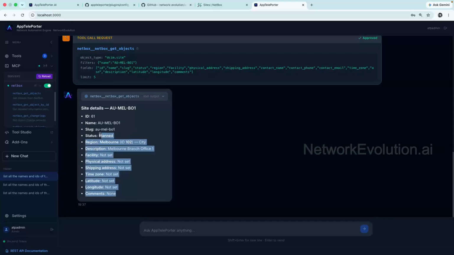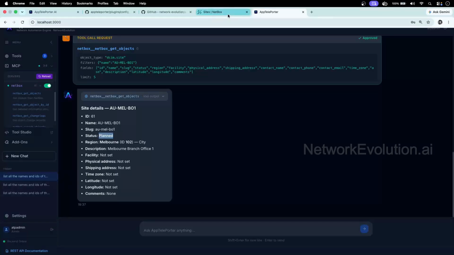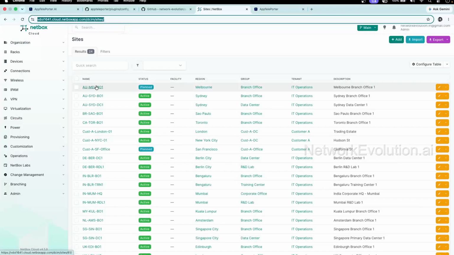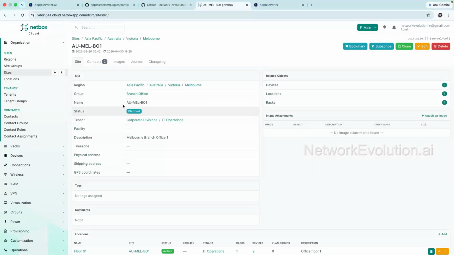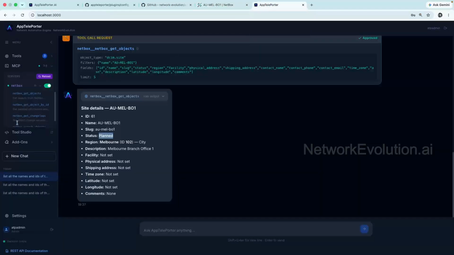Now we got the data. We can see here the site status is planned. We can verify it from here. The status is planned. And from the application,